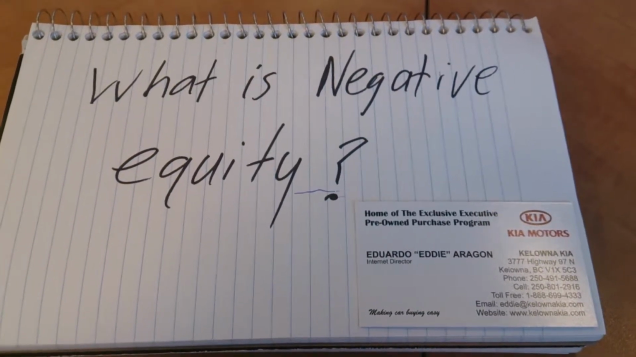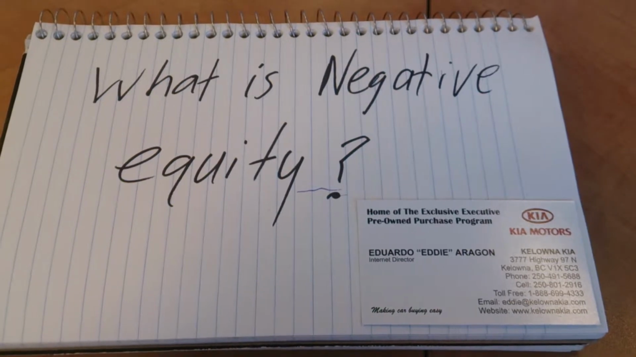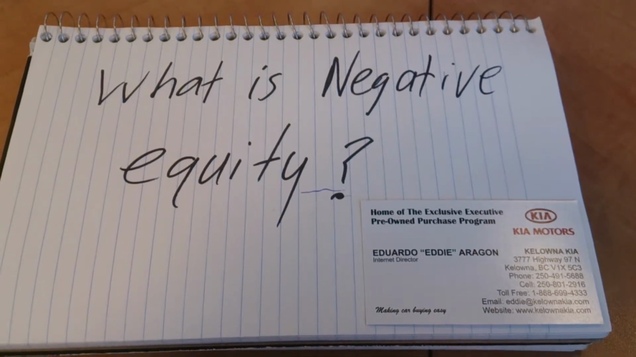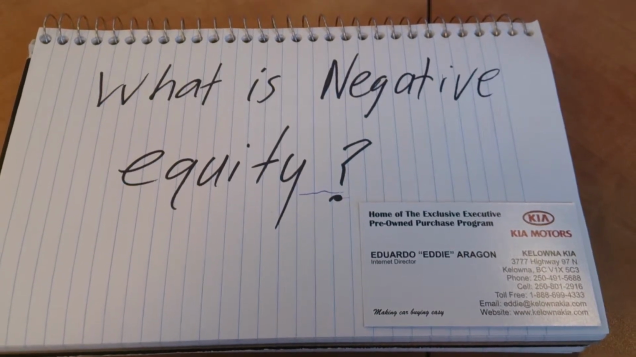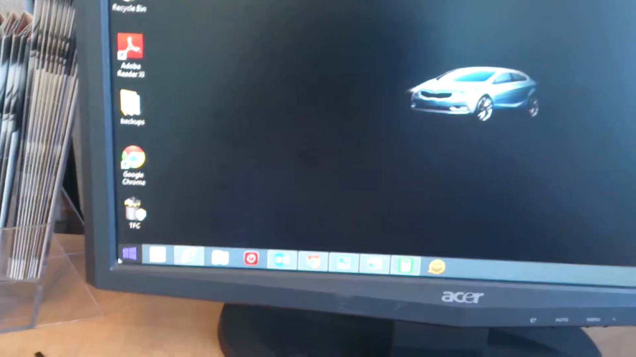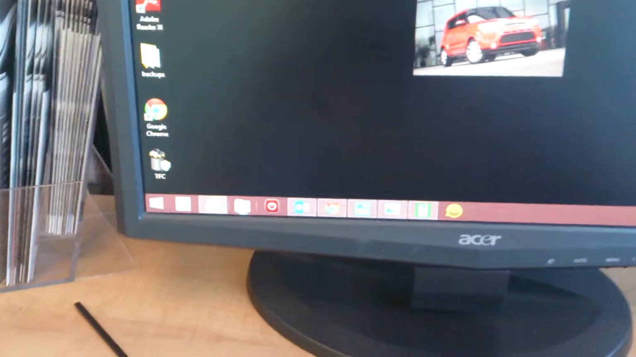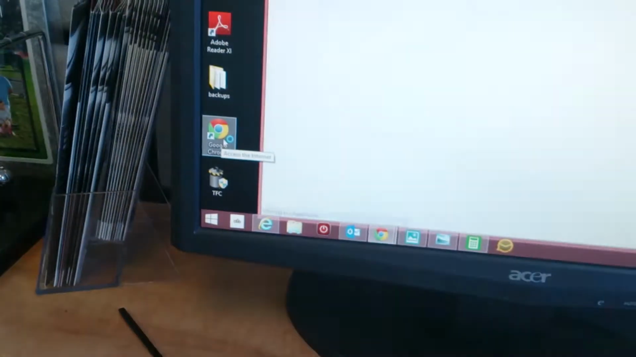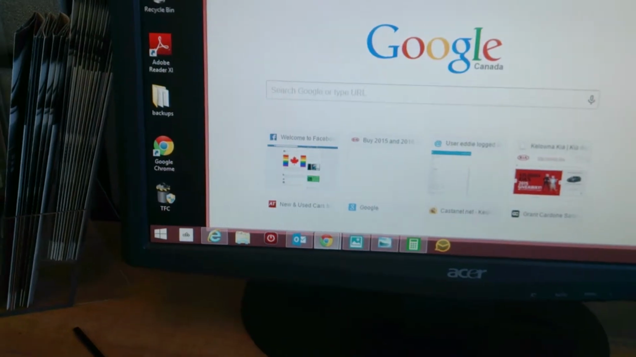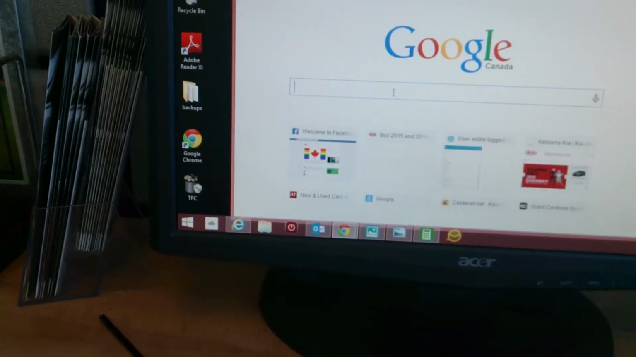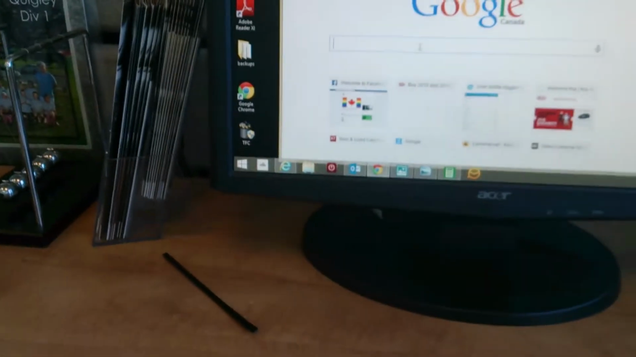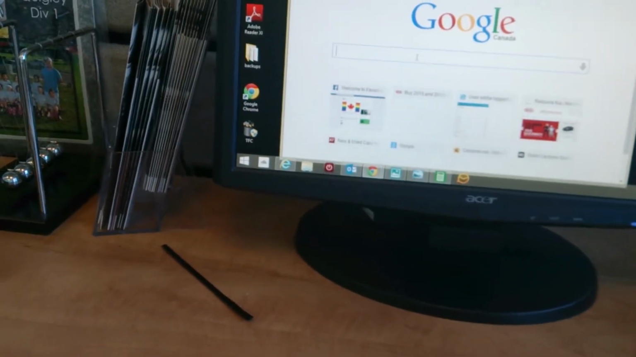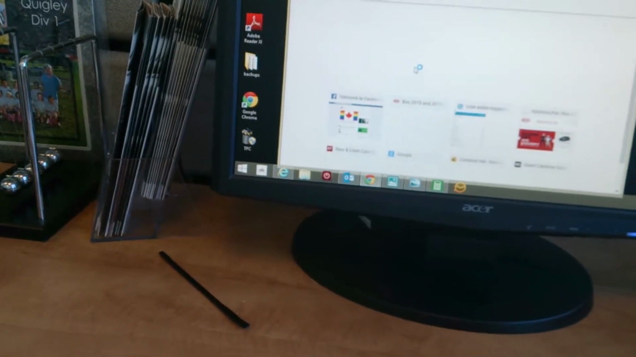This is Eduardo Aragon, your Jeep guy here at Kia, and I just wanted to go over what negative equity is. Negative equity happens when you find yourself in a loan and you owe more on your loan than what your vehicle is currently selling for. So when you try to